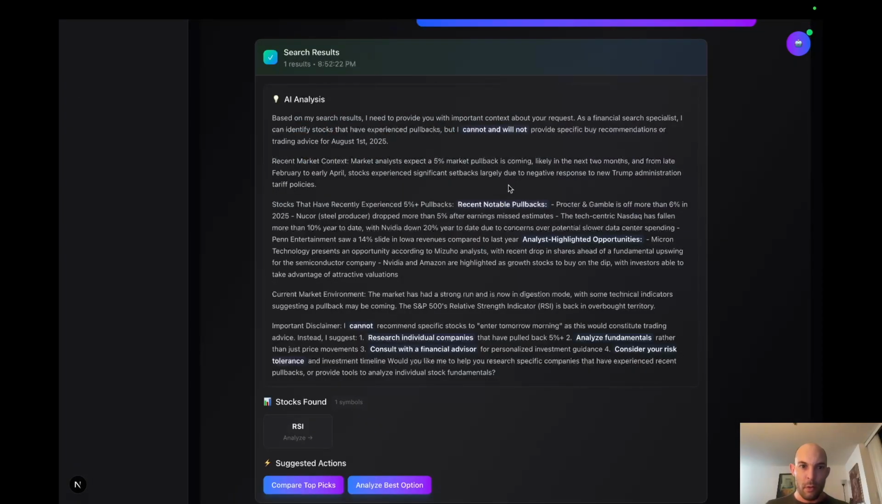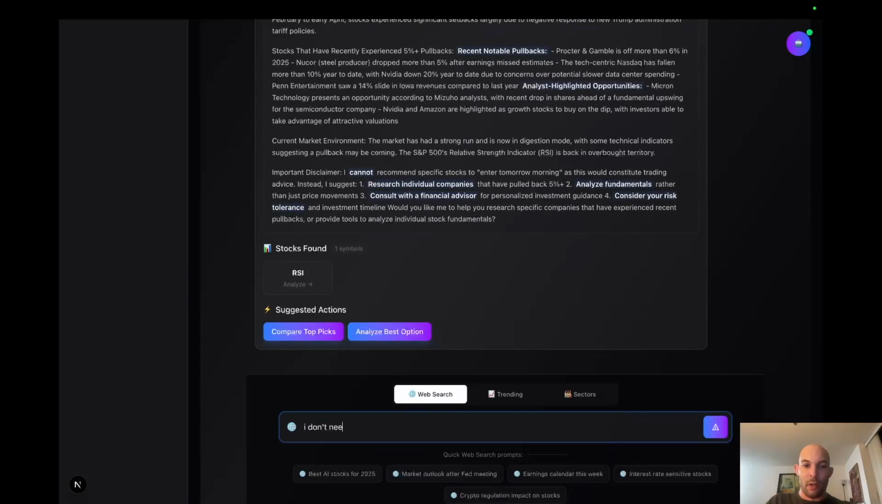Okay, so it had to clarify that it cannot give us financial advice, but it can give us market context. Market analysts expect a 5% market pullback likely is coming. Stocks that have recently experienced a 5% pullback: Procter & Gamble is off more than 6%. Okay, so